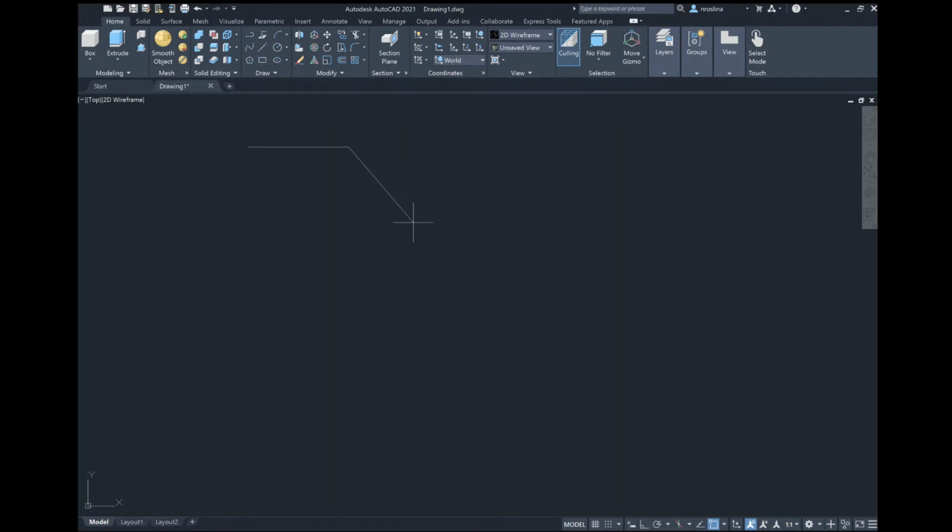Now my next point is, I will type @10,-40. Now this means that it will move 10 units to the right and 40 units downward. If I enter that, that is where my next point is. So I can go on to all the points and finish up the drawing. So next point is,